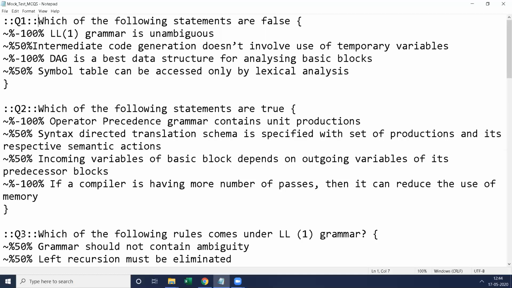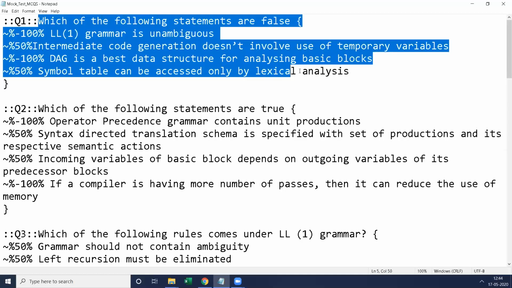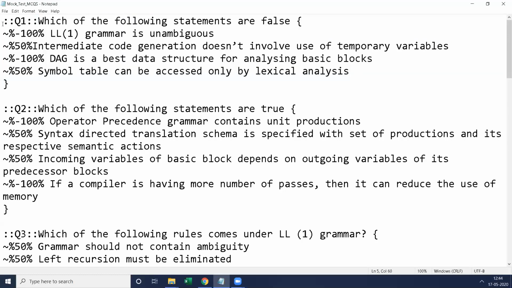So the overall summary of representing this multiple choice question with multiple answers using this distribution mechanism is: whatever number of right answers you have, divide 100% by that number. Suppose you have 3 right answers, divide 100 by 3, so 33%, 33%, 33% will be given for the 3 right answers.